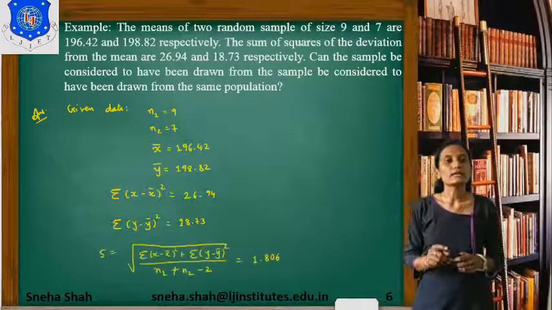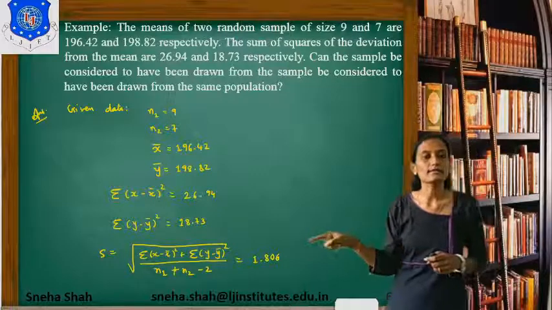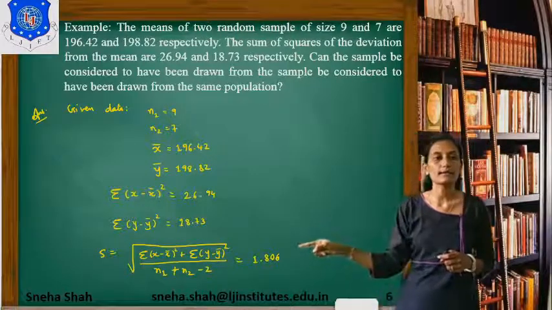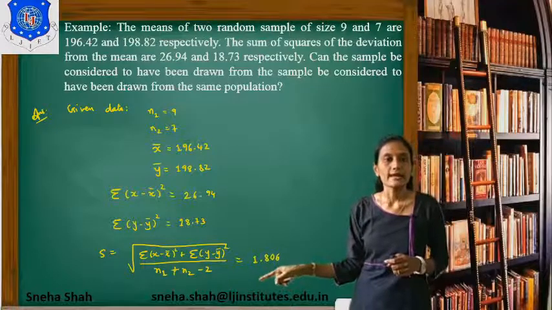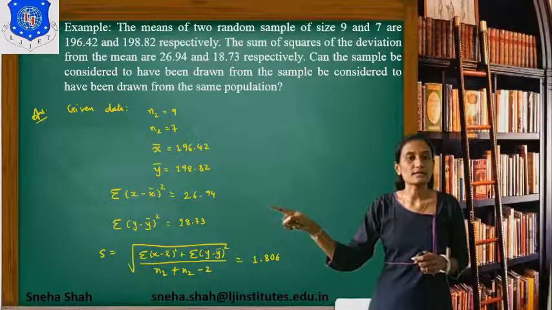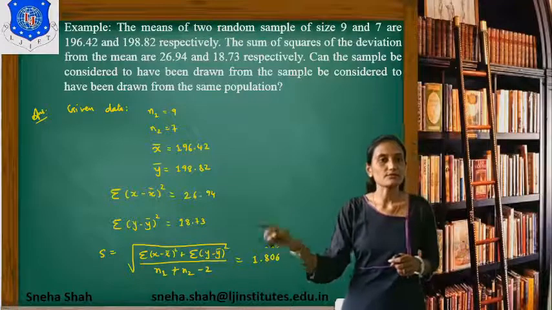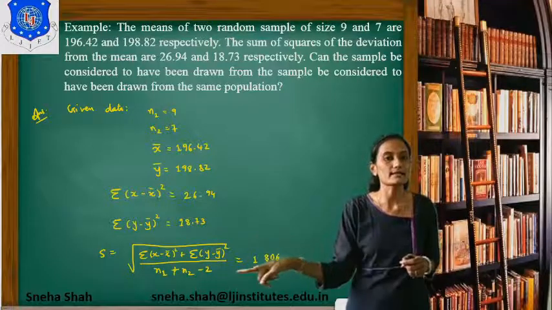Now you know the equation of s. What is the equation of s? S equals under root of summation x minus x bar whole square plus summation y minus y bar whole square divided by n1 plus n2 minus 2. Now if we put the values of summation x minus x bar whole square, summation y minus y bar whole square, n1 and n2 in this equation, and after solving it, its answer equals